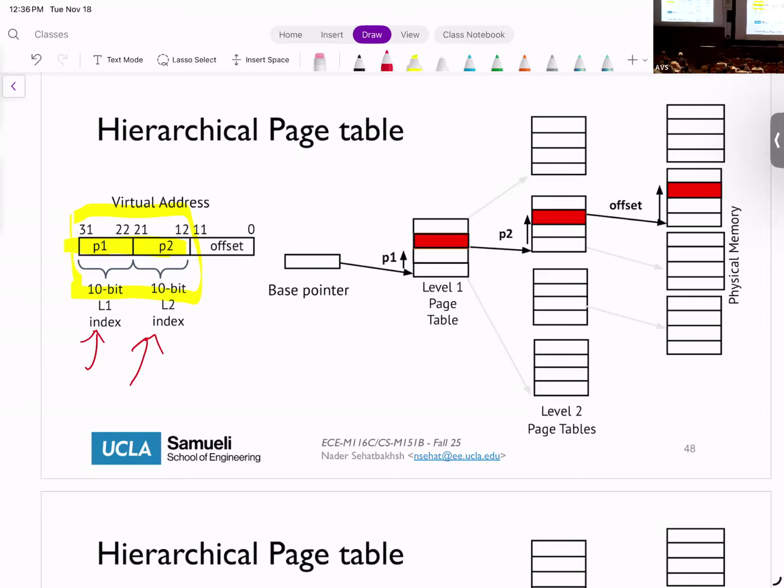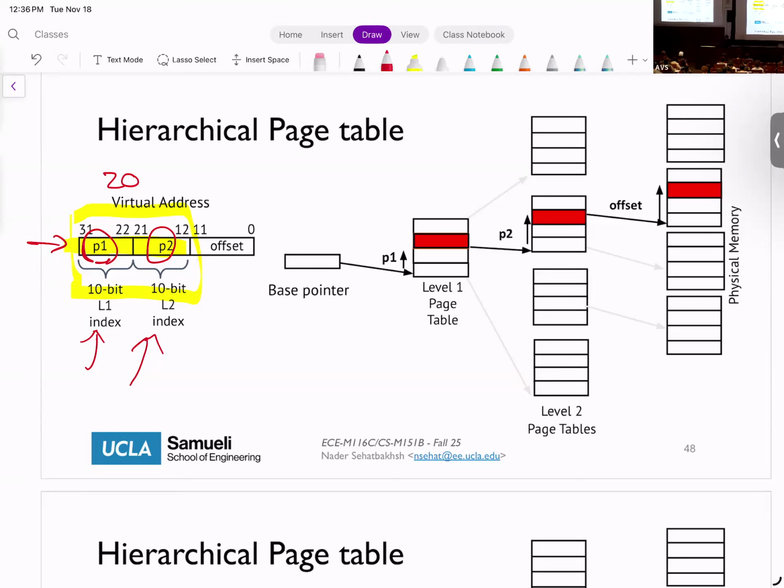And then we divide the address, let's say the 20-bit address that we had, into level 1 and level 2, okay? So for example, I use the 10 upper bits, the most significant bits, to index through level 1. And then I use the next 10 bits to index to level 2.